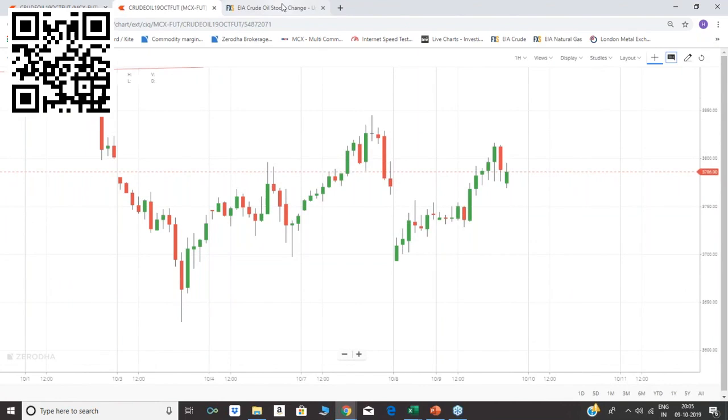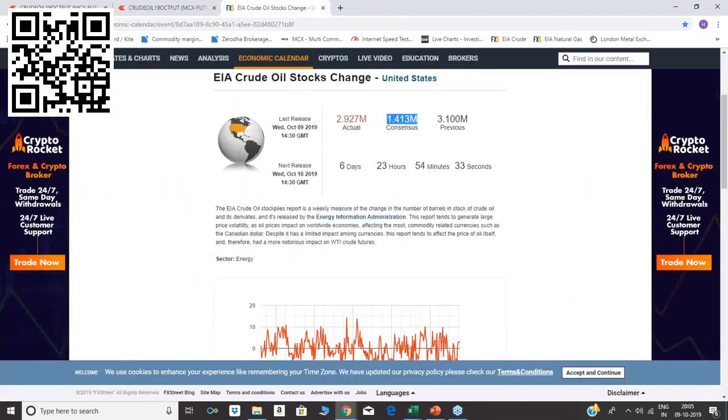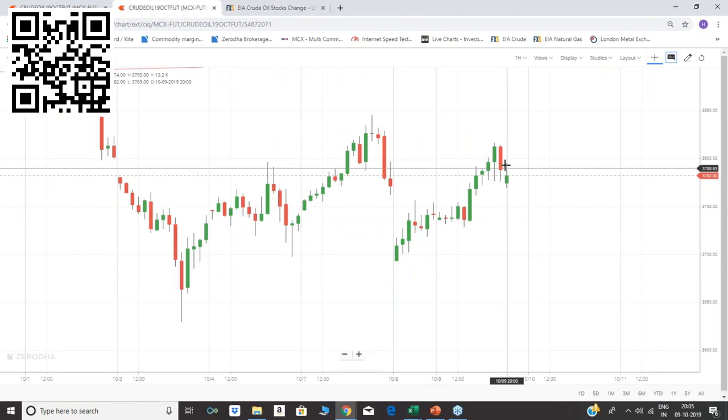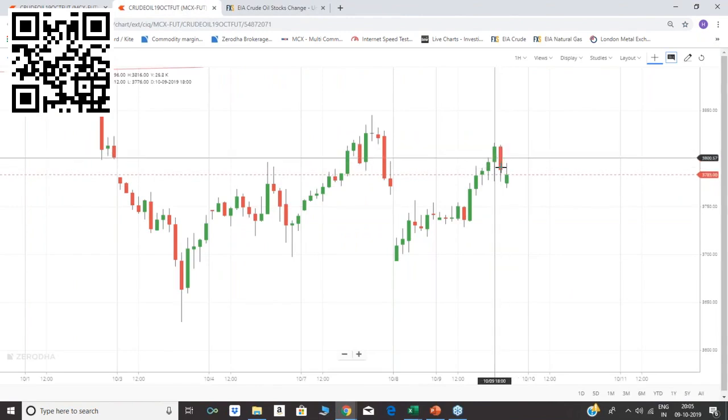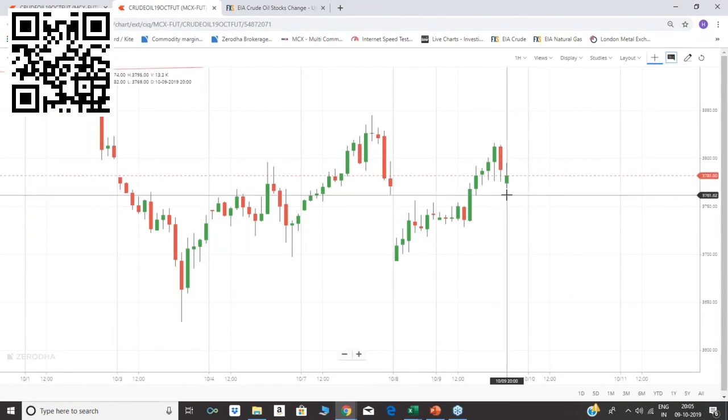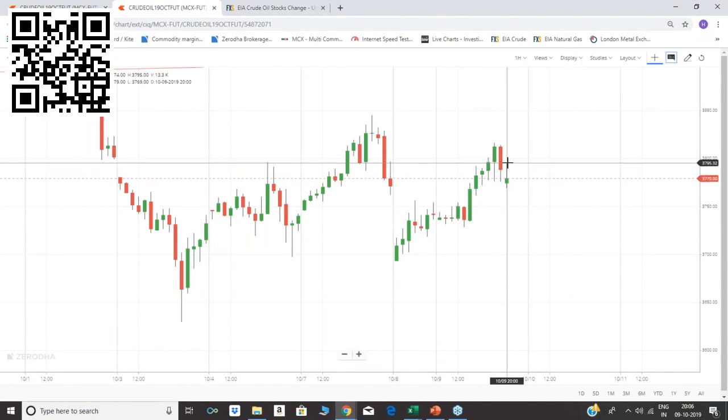Now, according to the inventory data, there is not a huge difference between actual and forecasted. I can't see a very huge difference. It's a very little difference. And the price has already made the low. So if it wants to go down, definitely this hourly chart and this candlestick pattern will show it. But even then, first at this dynamic support, why were these levels selected? If it wants to go further down, then also at this dynamic support, price will give a little bit of upward journey. And see, it gave a quick 30 points, right?